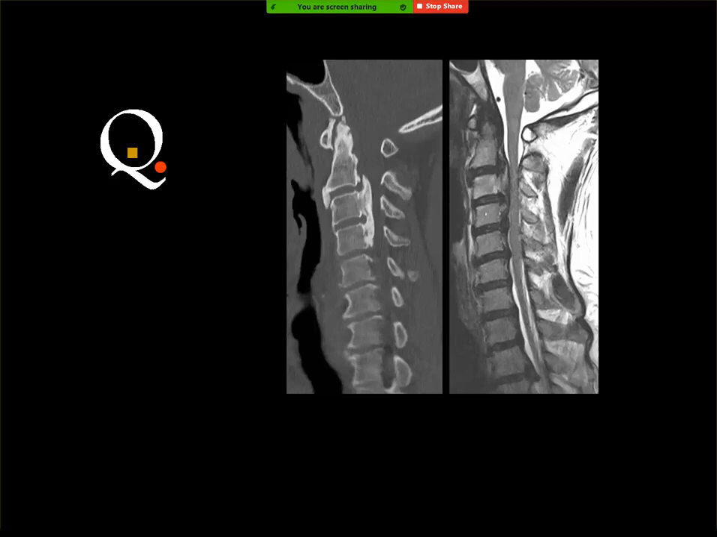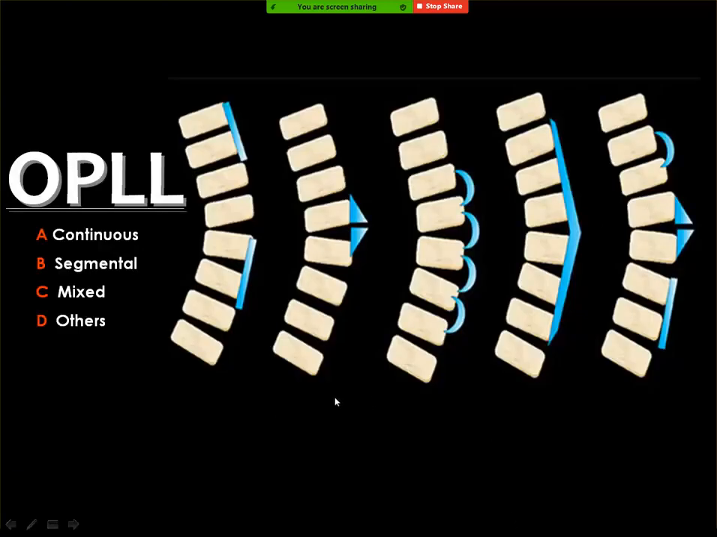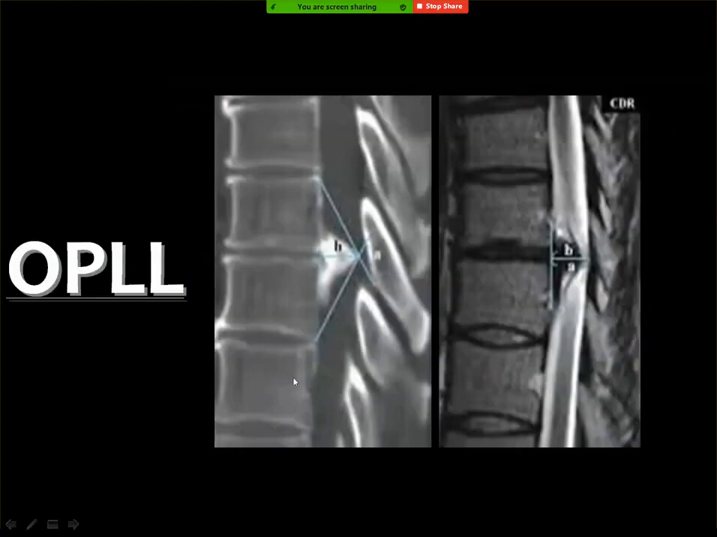Ossification of the posterior ligament. Yes, and this is ossification of the posterior longitudinal ligament, and also some ossification of the anterior longitudinal ligament. But what's important is the posterior one because of the encroachment on the spinal canal and the compression of the cord. And according to the literature, there are many types of ossification of the posterior longitudinal ligament, like the continuous type or the segmental type or the mixed type and many other types that can be described in the literature. What is important for me is this type that